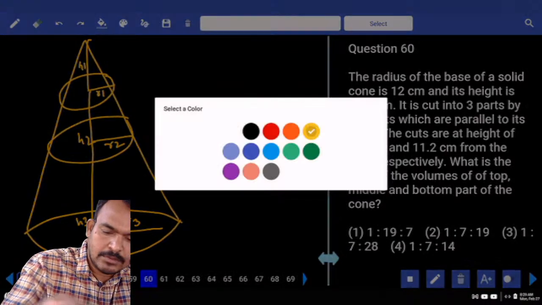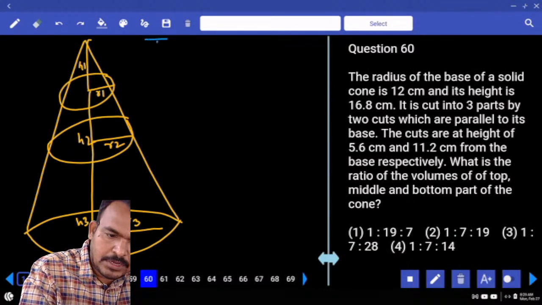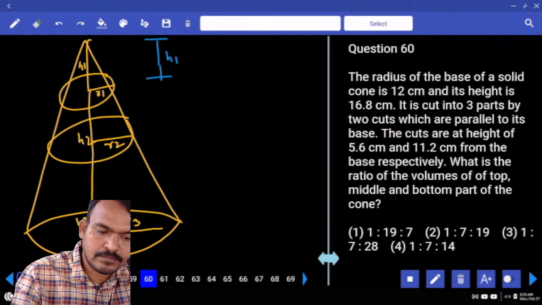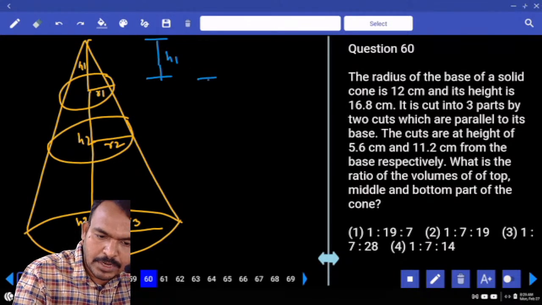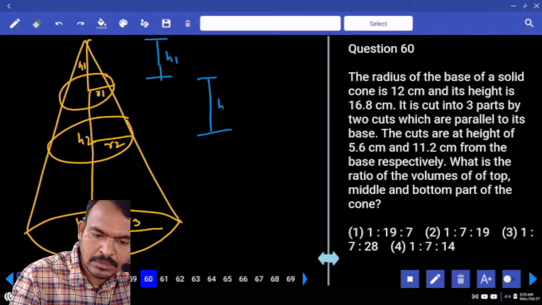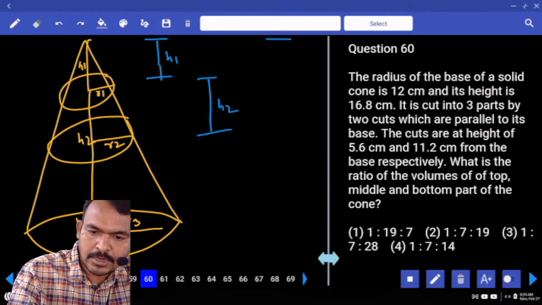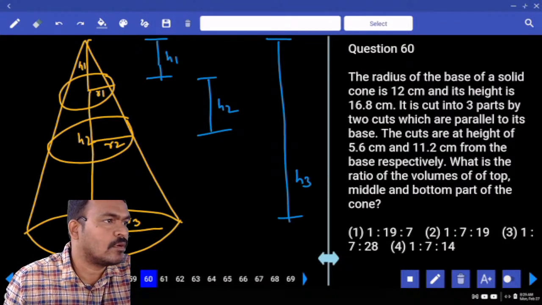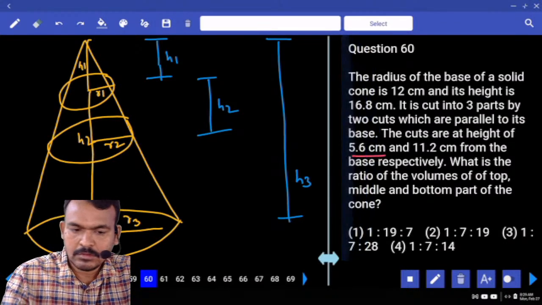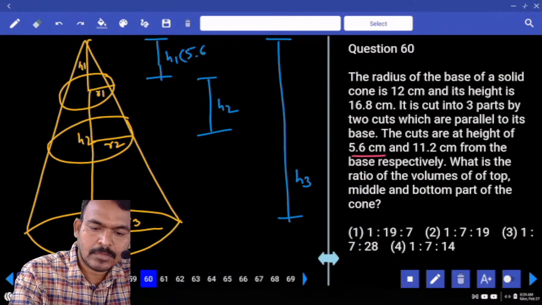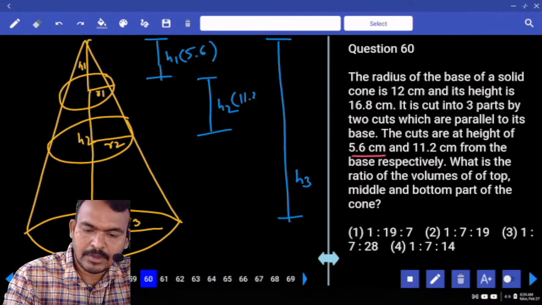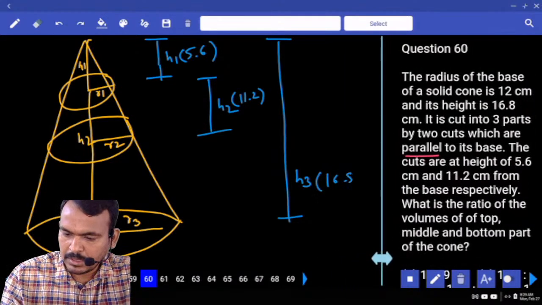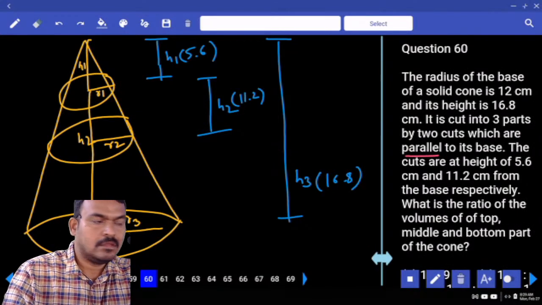Okay, from this point to this point, this is only h1 or h2? H1. But here this point to this point, it is h2. But top to bottom, it will be h3. Okay, what is the h1 value? 5.6. What is the h2 value? 11.2. What is the total h3 value? 16.8. Okay,